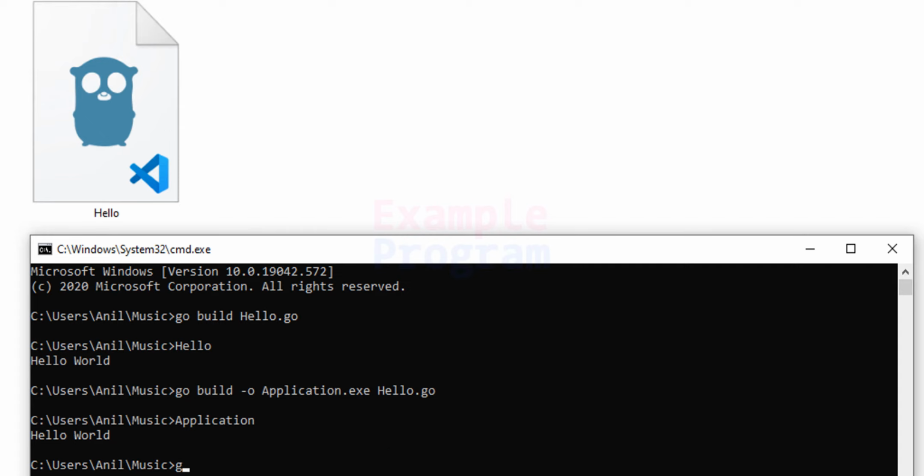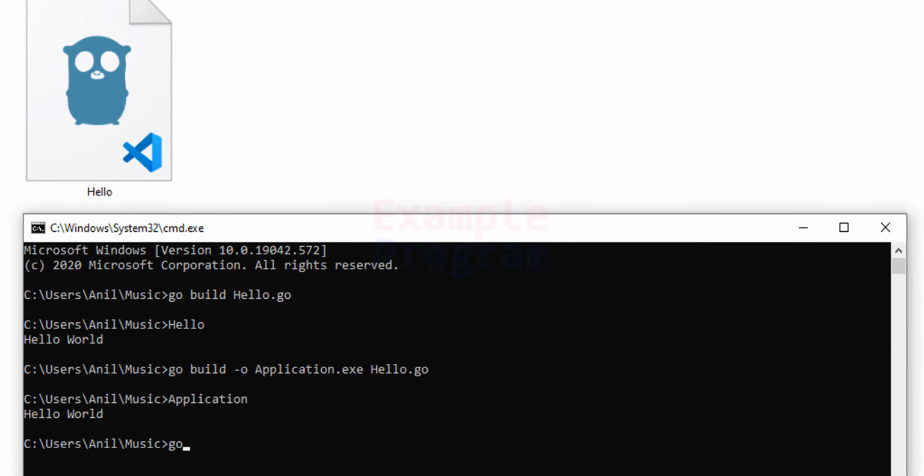For that, we have to type in go space run space and then the file name which contains the source code, which is hello.go. And if I hit the enter button, then you guys can see hello world as the output, which is the same as previous build, but in this folder we don't have the executable file.